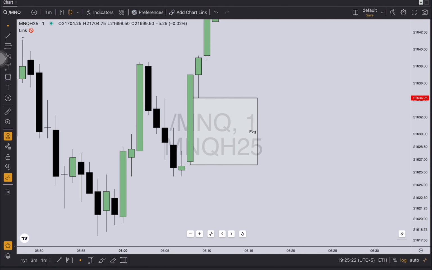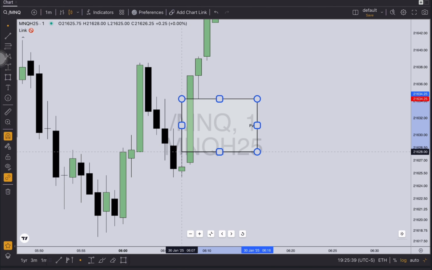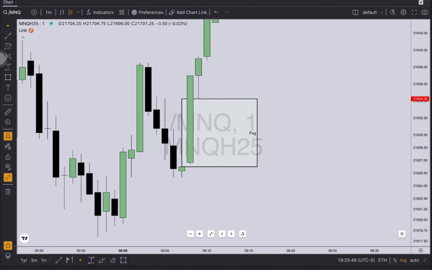Yes, we engulf the wick. We engulf the wick here, and this wick becomes part of the fair value gap when you have a volume imbalance like this. So it becomes like so. Instead of only this being the fair value gap, no, we have a volume imbalance, so this whole thing becomes the fair value gap. This is very, very important because most of the times people will see price